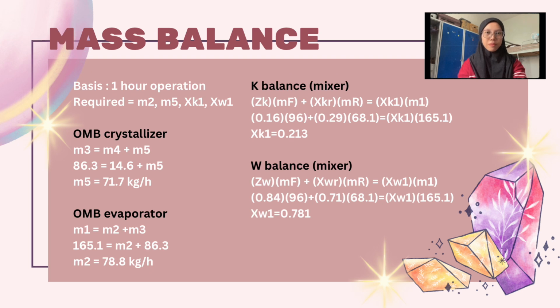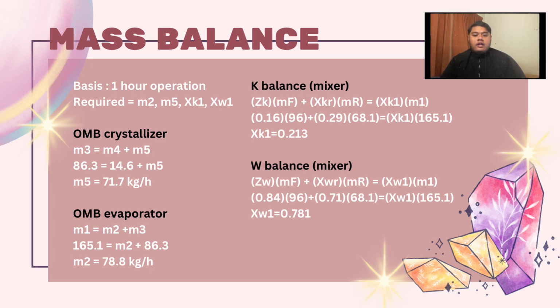So we move on to the mass balance. For calculation of mass balance, this process of crystallization was carried out in multiple unit operations. Thus, the rules behind this material balance are what goes in must come out. That means that the total mass into and out of a unit should always be equal to achieve the maximum efficiency and avoid releasing hazardous chemicals. The crystal produced in M4 are recycled back by filtering it, then it is allowed to the mixture to react again. So fresh feeds enter the system at a flow rate of 69 kg per hour, consisting of 60% of potassium chloride and 84% of water.